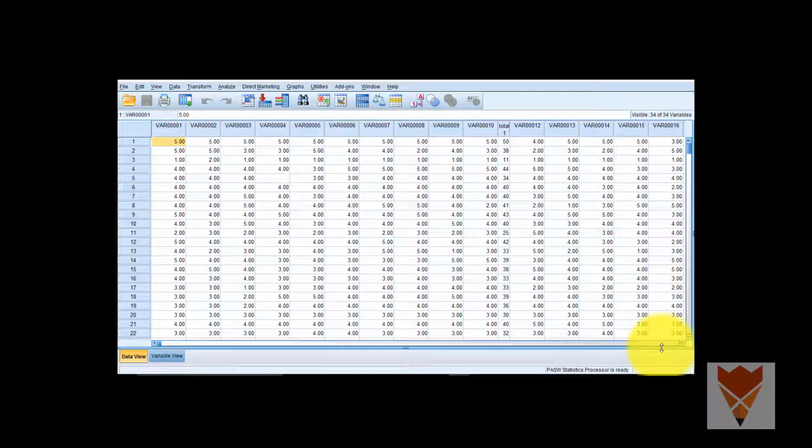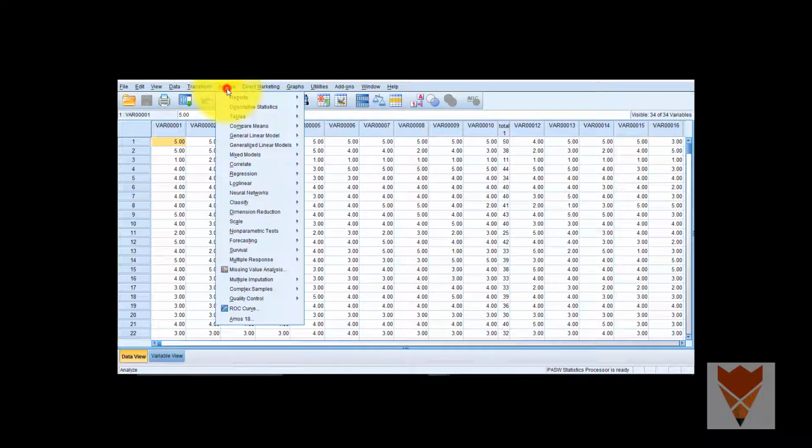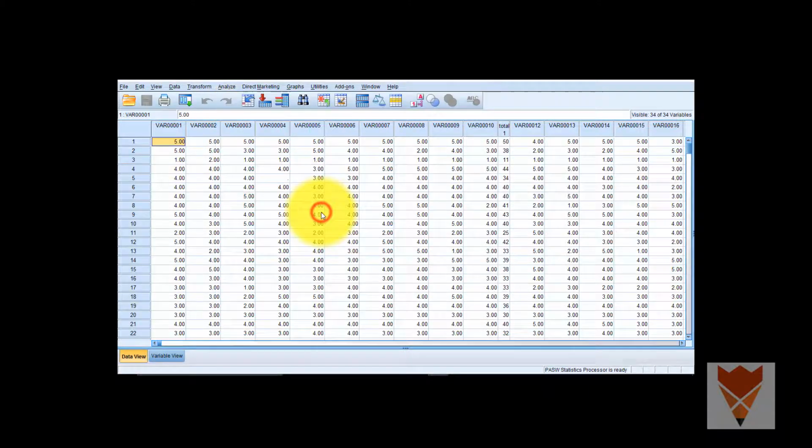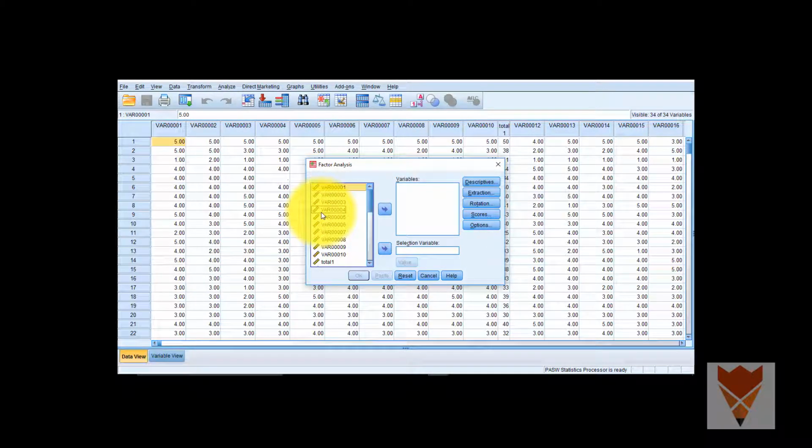So in SPSS, how do we perform this factor analysis? Again, we will go to Analyze, and as I said, it is a method to reduce dimensions. 10, 20 different dimensions can be there, and we are trying to reduce these questions into a smaller number of unobserved factors or unobserved dimensions. That is why we will be choosing Dimension Reduction, and in Dimension Reduction we will be choosing Factor. This type of window will appear.